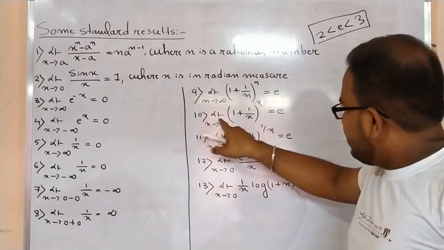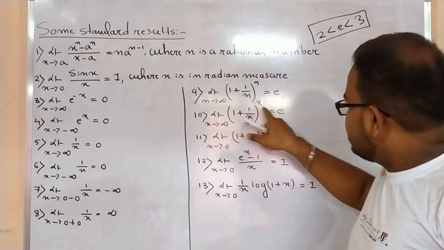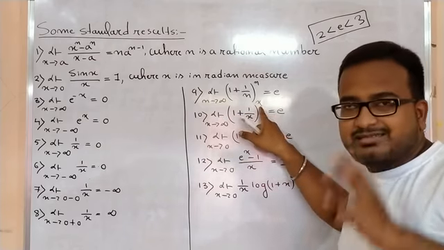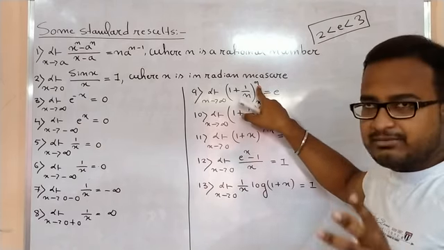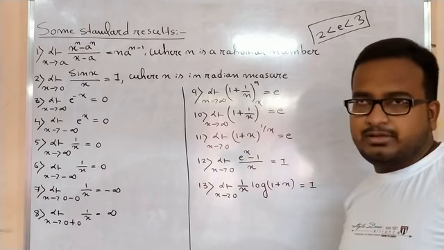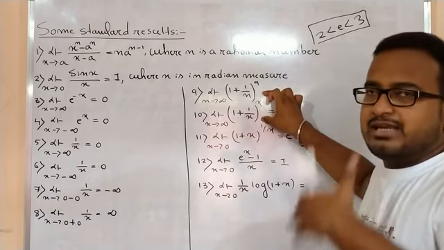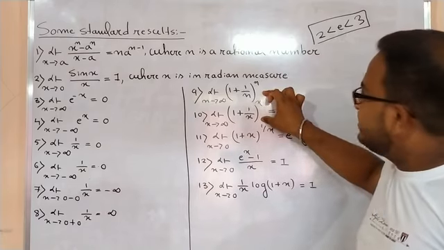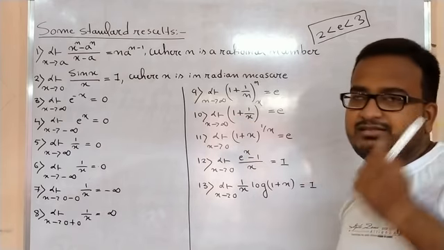Now this and these are not the same. Number 10 is limit x tends to infinity, 1 plus 1 by x whole thing to the power x equals e. This x represents real numbers, right? This n is a natural number and this x is a real number. Okay? These two things have a difference, you will understand afterwards. Here this n represents the set of natural numbers and here this x represents real numbers.